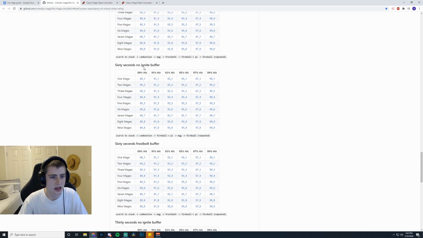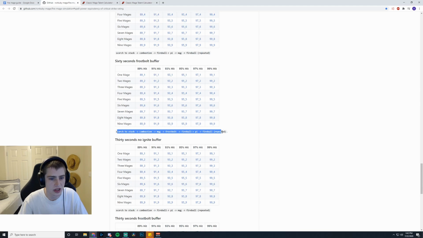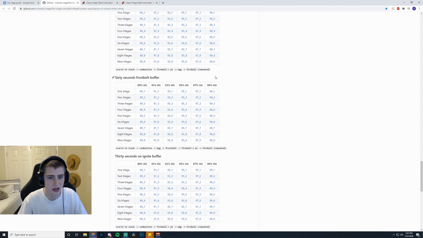And then it's saying no ignite buffer and Frostbolt buffer. So basically this one's not letting the Scorch stacks drop at all. This isn't ideal. You don't really want to do this. What you really want to do is this, which has a Frostbolt, and we'll talk about another rotation after this that you can do that's slightly more damage than Frostbolt but riskier. But basically, what this is doing is